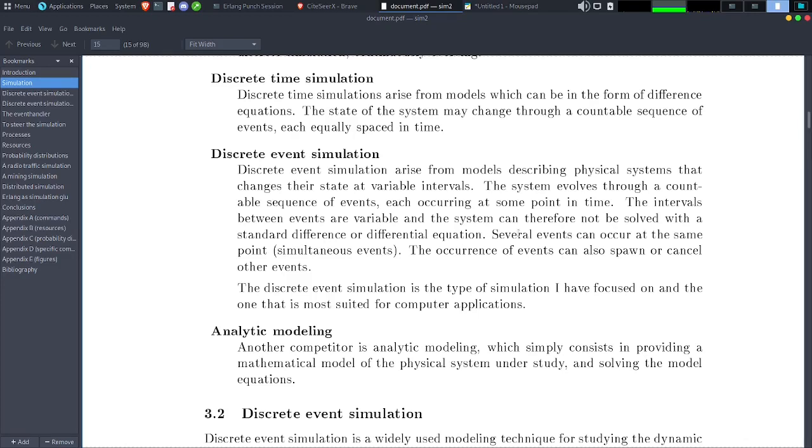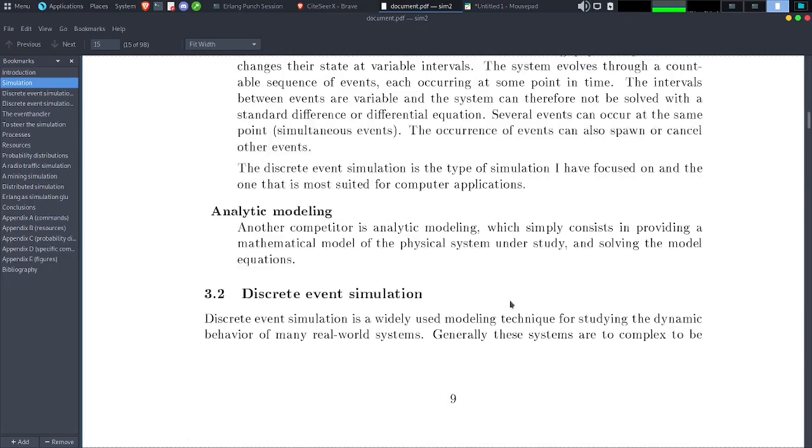Several events can occur at the same point in time, simultaneous events. The occurrence of an event can also spawn or cancel other events. Discrete event simulation is the type of simulation I have focused on, the one that is most suited for computer application. Another competitor is analytic modeling, which simply consists in providing a mathematical model of the physical system under study and solving the model equations.